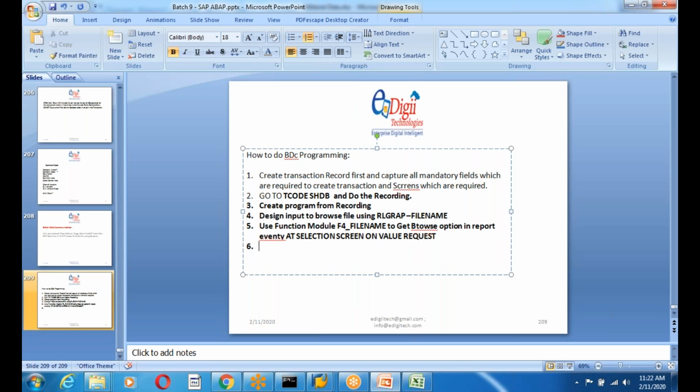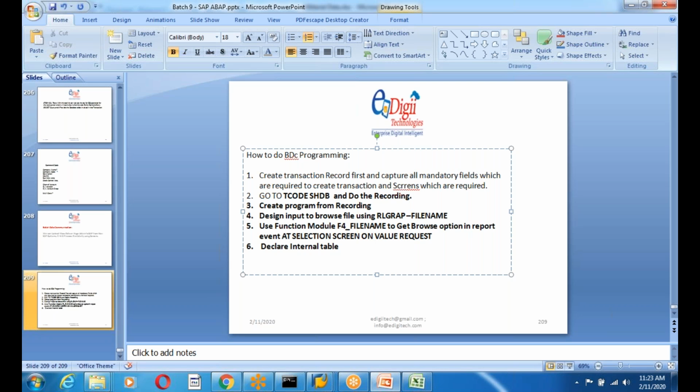I told you that time we will use this somewhere. At that time I didn't explain this event, but I gave some overview. When you press F4, this event will be triggered. But the real use is here. So here I am going to use AT SELECTION-SCREEN ON VALUE-REQUEST,